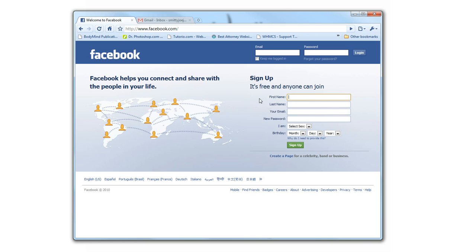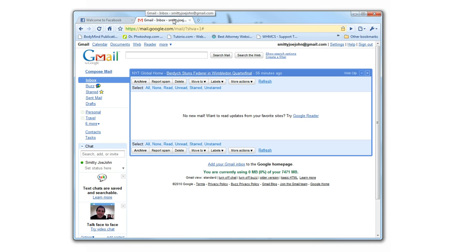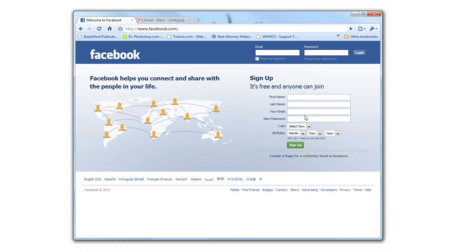So the first thing you're going to do is set up an email account. And if you don't have one, I recommend setting up a Gmail account. I went ahead and set up a dummy account for the purposes of this introduction, so we're going to go ahead and use that. The email account there is SmittyJoeJohn, so I'll enter that under email, smittyjoejohn@gmail.com, and of course the name that I'm going to give that is